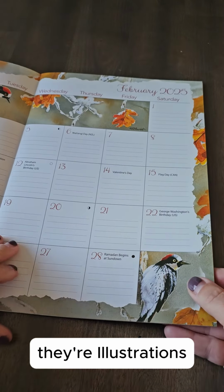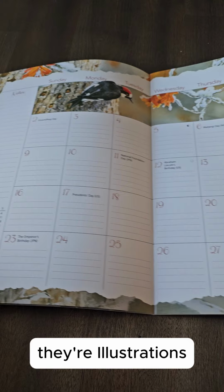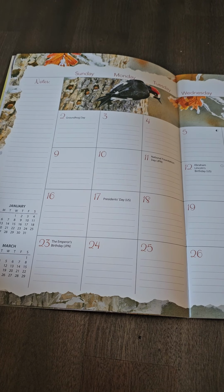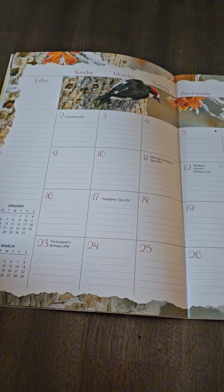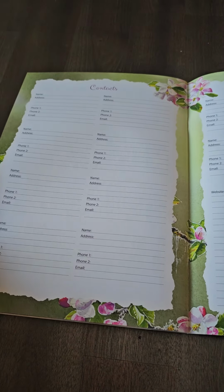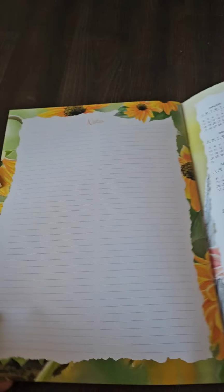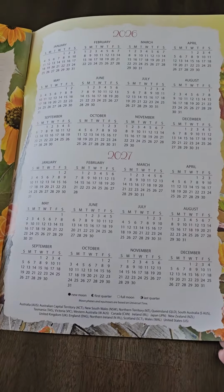Gorgeous photography. I'm not gonna flip through every page because one of the things I love is to be surprised when I turn the page to a different month and see the beautiful picture. In the back, you also have 2 pages for contacts, if you so choose, a page of notes. And then, of course, future calendars,